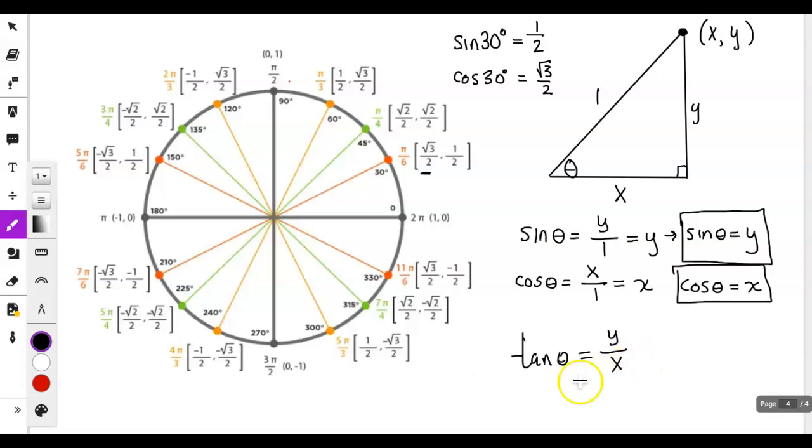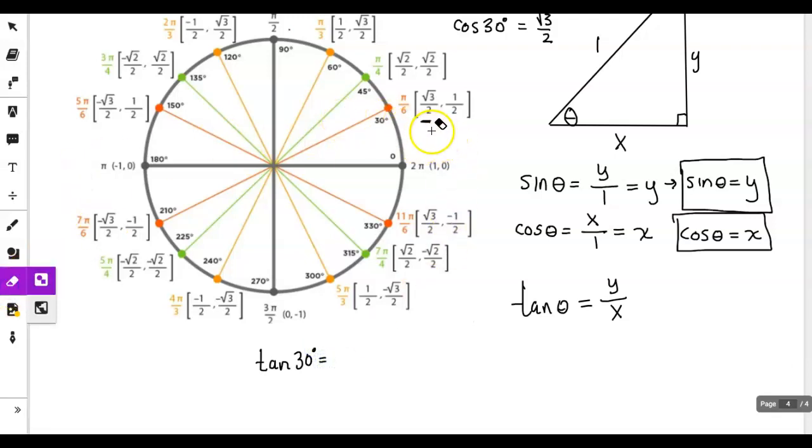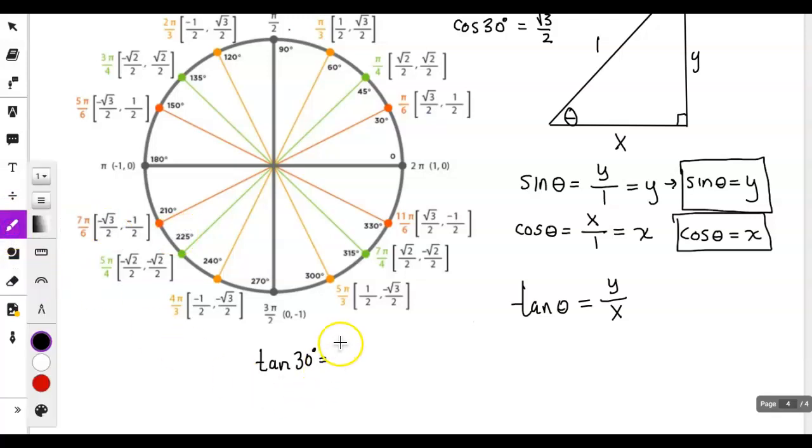So let's go ahead, I'll scroll down and do the tangent of 30, right? If I want to do the tangent of 30 degrees, I would take the y coordinate at 30, which is 1/2, and I would divide that by the x coordinate at 30, which is √3/2. Then we have to actually do the division. To divide fractions, you multiply by the reciprocal of the denominator. So you would take 1/2 and multiply that by the reciprocal of the denominator,